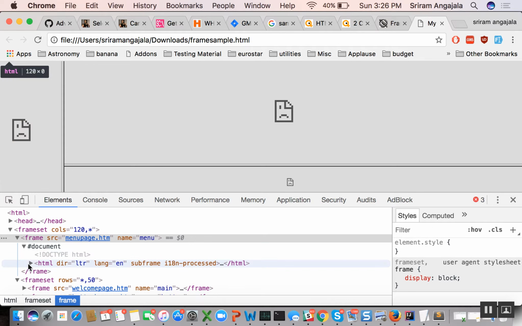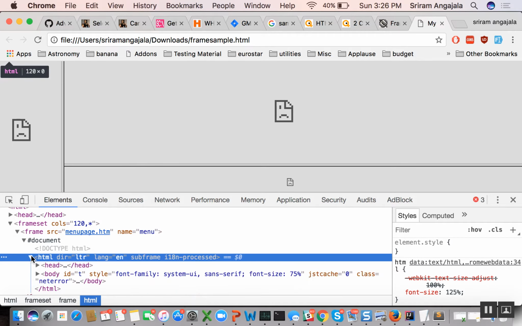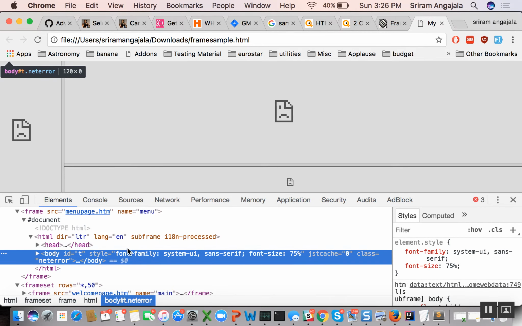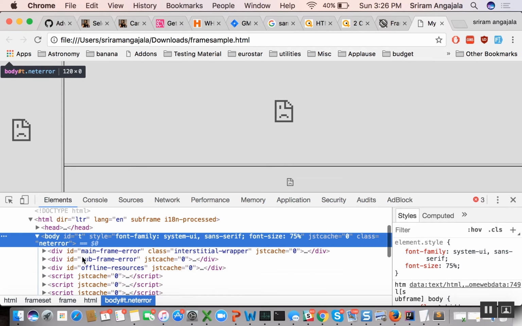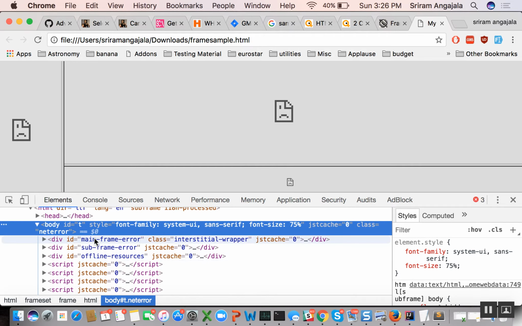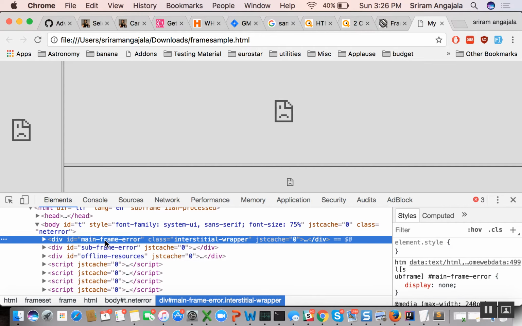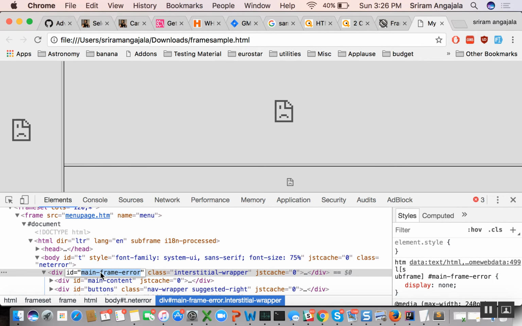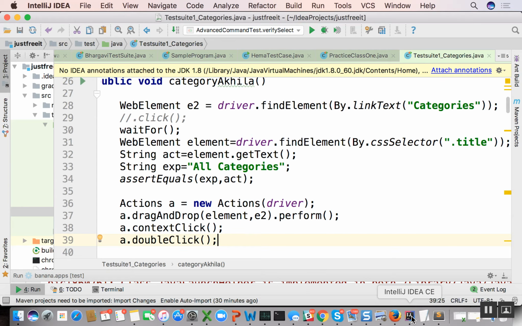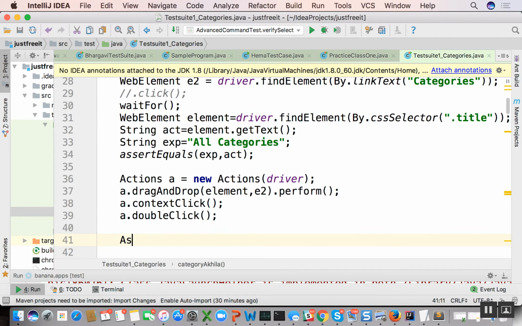Okay. So see this, inside this there's one HTML and inside this there's some body, right? So for example, if you want to interact with this element, you can actually check whether this element is present or not. But the problem here with this particular frame is, if you straight away write the code something like